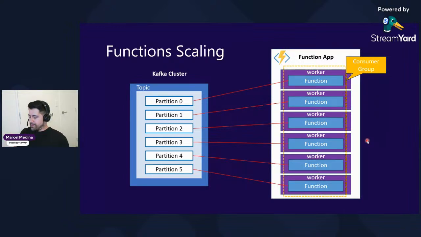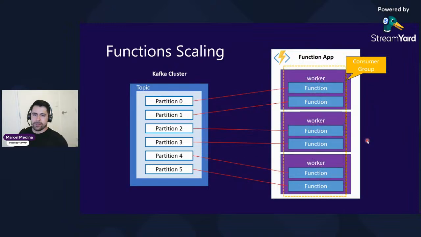But there are ways of optimizing, if you think about costs. You're going to pay for CPU and RAM, and each worker is going to consume some minimal amount of RAM. So you could think, how can you optimize that? You could combine functions into a single worker. Azure Functions would still handle and rebalance things seamlessly. So when you think about that, you would end up with, rather than six workers,